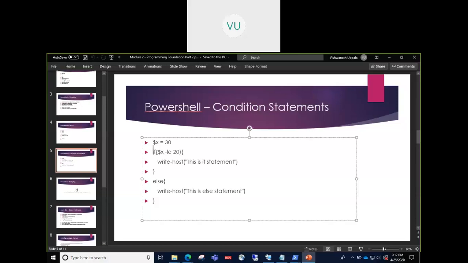For example, here, if you're familiar with the if statement, which is a conditional statement, the same applies here. The only thing is, let's say x is less than 20, so you use this syntax in some programming languages, but here it would be -lt, which denotes less than. -le, sorry, not that. Yeah.